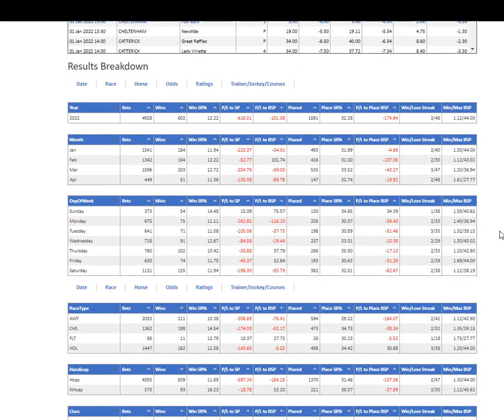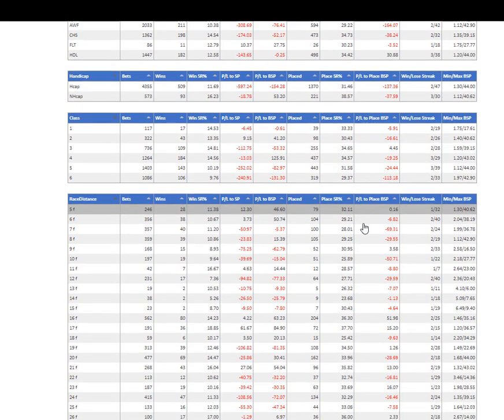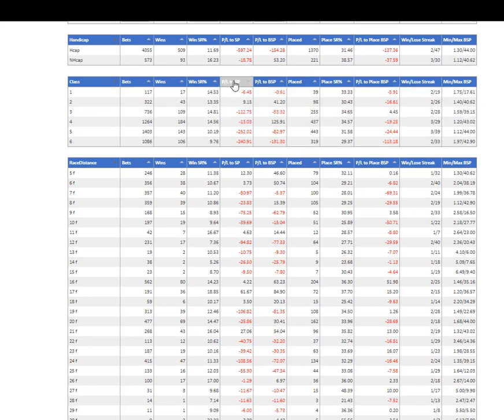So what can we do next? We're looking at the race type. Flat is the only winner at the moment, but the strike rates are similar. Handicap is a massive loss, but if you just restrict it to non-handicap races at the moment, you won't have too many bets, although there's a profit, but I'm going to leave that for the minute. I'm going to look at class first, and I'm going to see that class 1, 2, 3